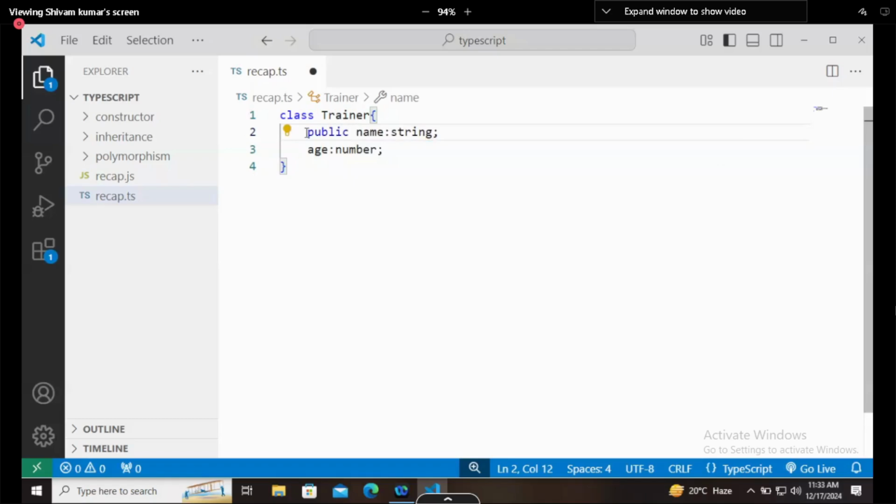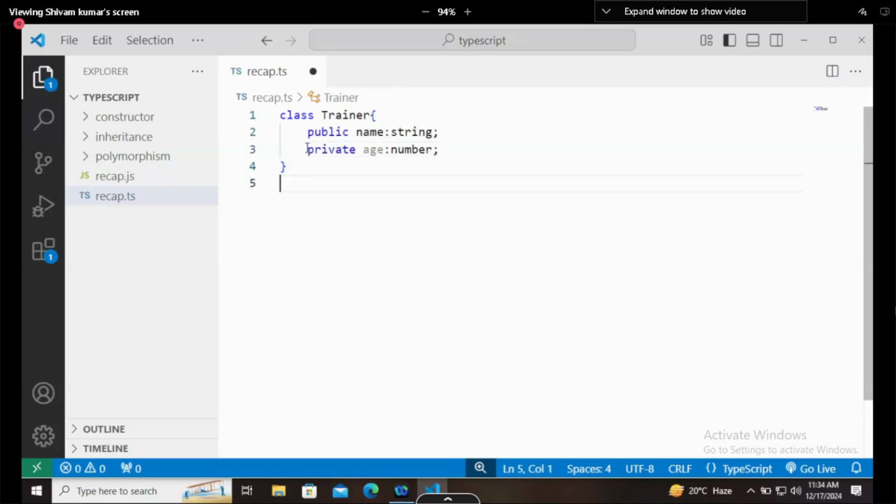An access modifier, that tells where you can access this, right? Public means you can access it anywhere publicly. Wherever you create the object of the class, you can use it. And age I will set to private.